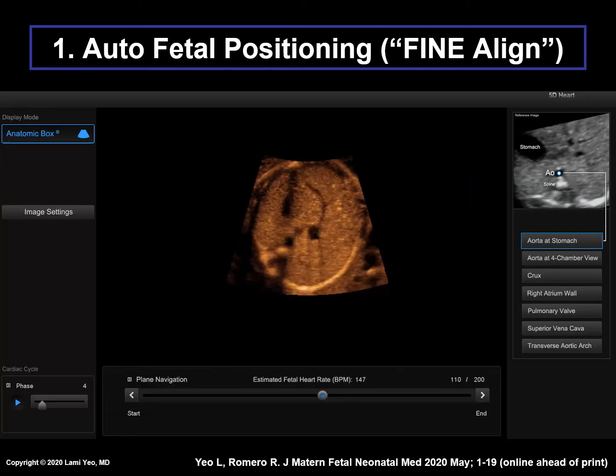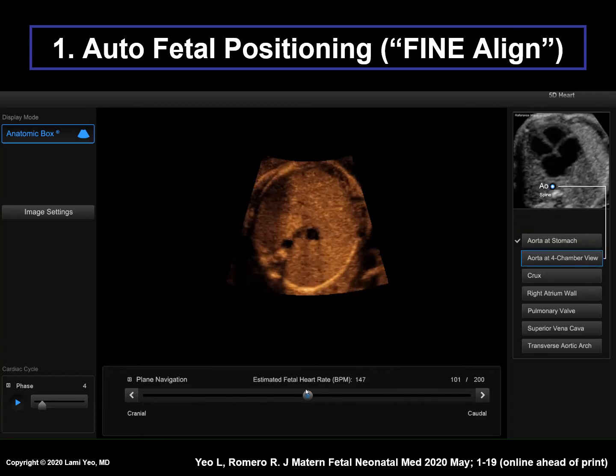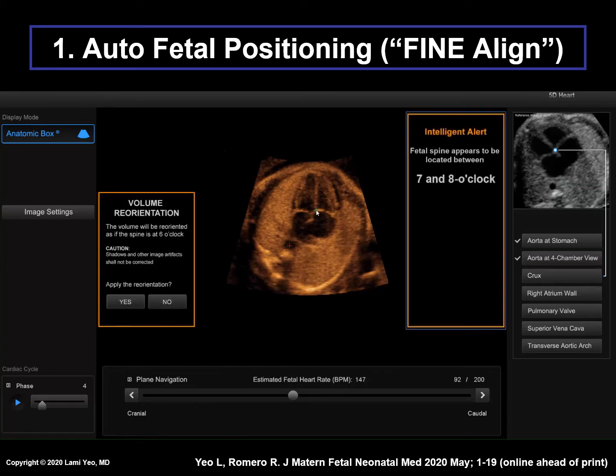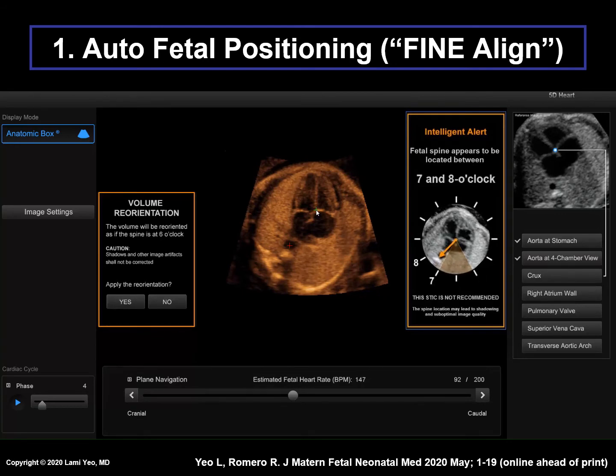This video demonstrates autofetal positioning live. The aorta at the stomach is marked. Next, the aorta at the 4-chamber view, and then the crux. The spine location alert appears along with the volume reorientation message.